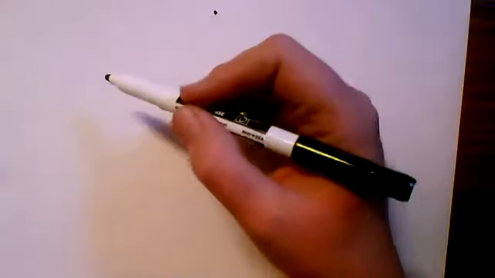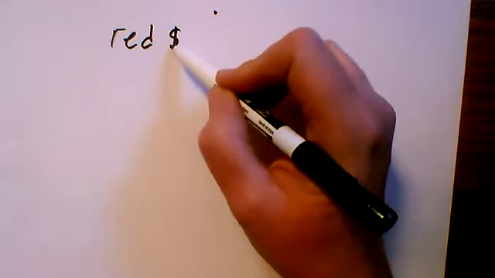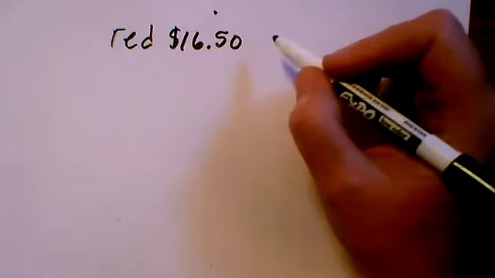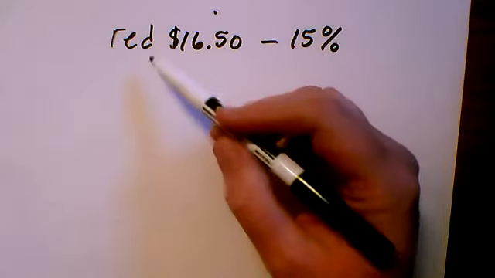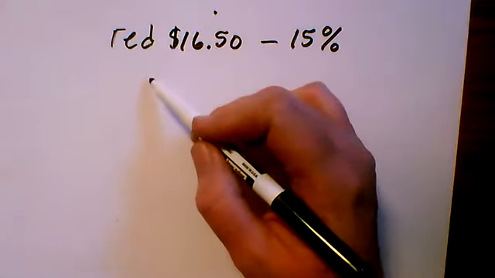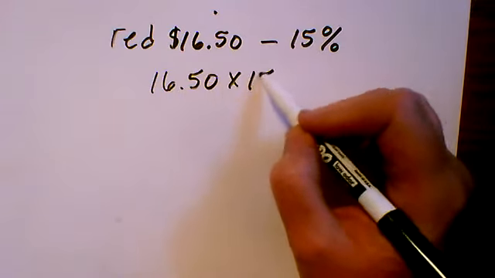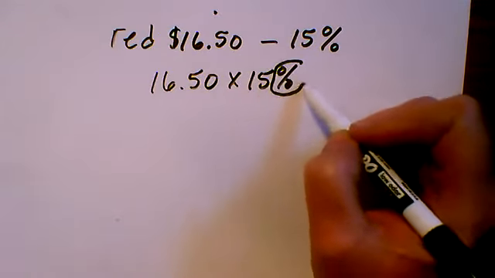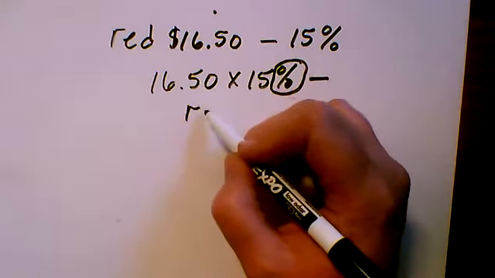We'll go ahead and take a look at problem number 3. Problem number 3 says that there was a red shirt that was originally $16.50, and it's now on sale for 15% off. So one way you could find this out is to say, okay, 1650 times 15%, and use the percent button on your calculator, and then push minus. So the red shirt is now